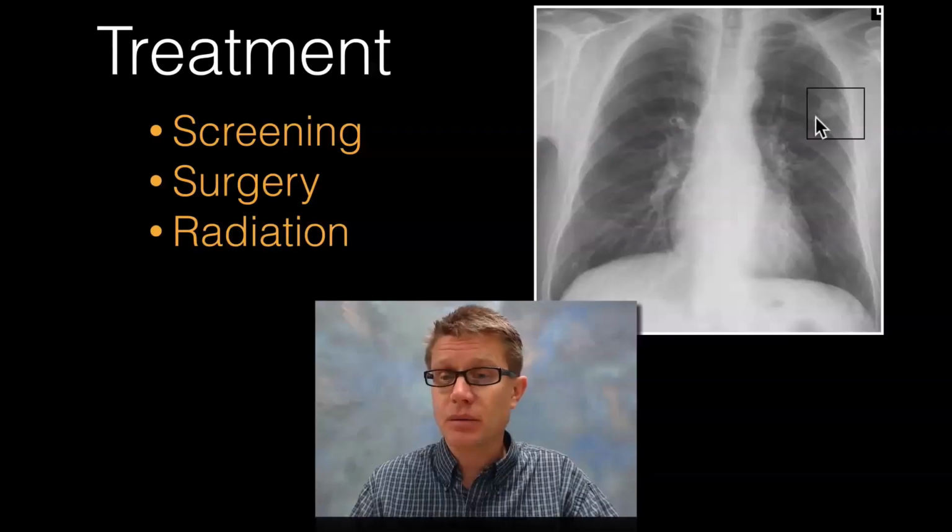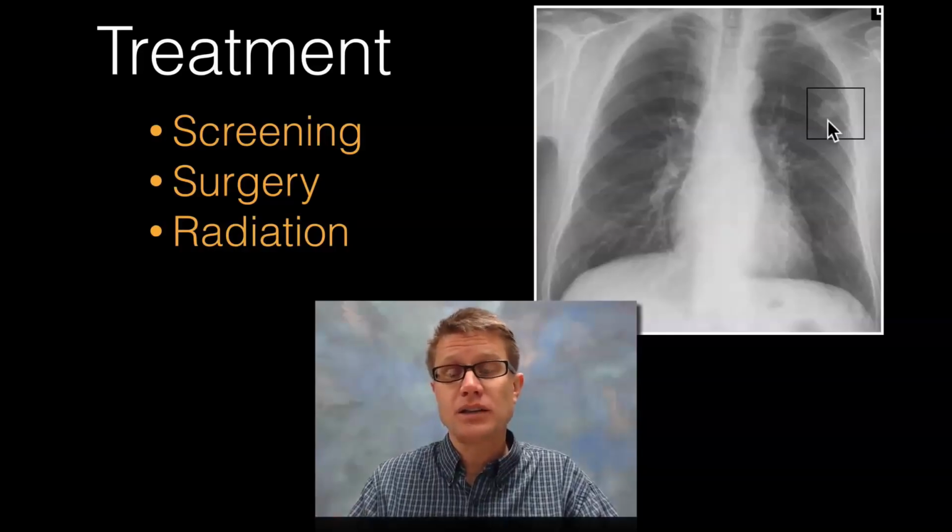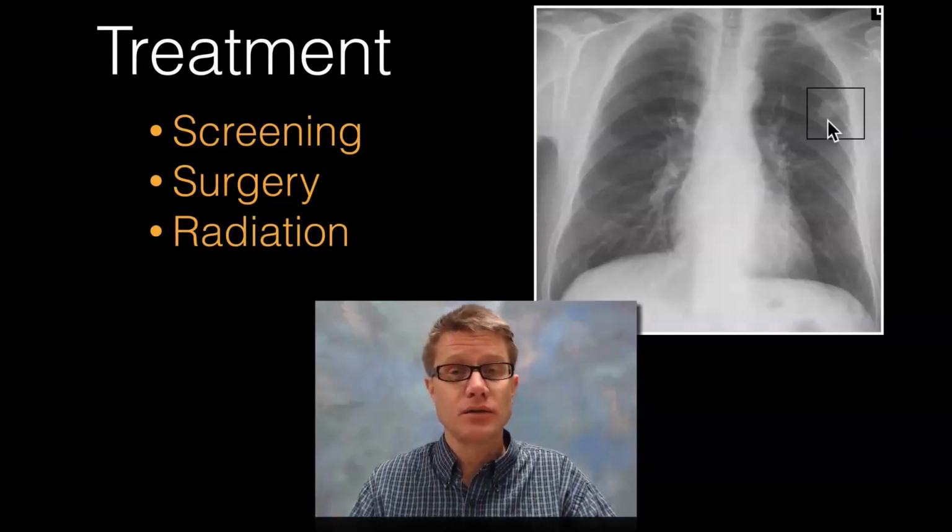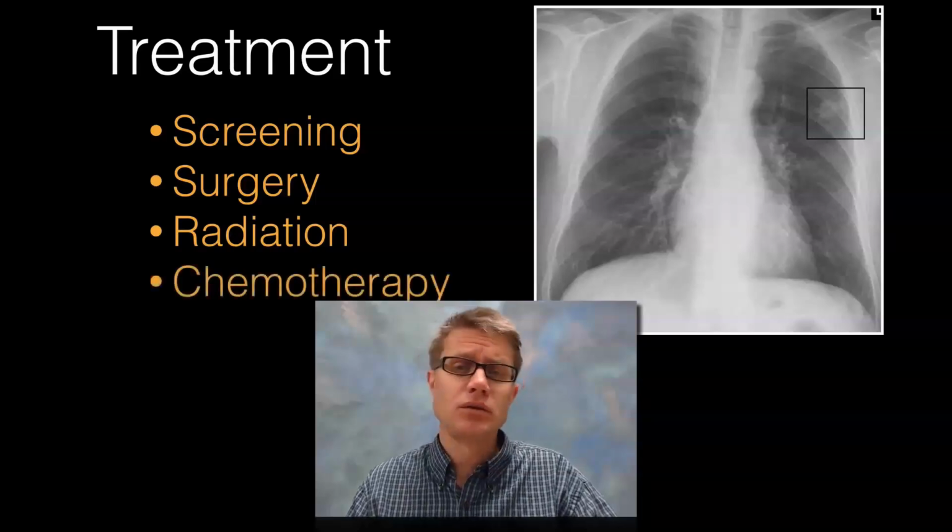In other words, we're not going to be able to remove all of those cells. There are going to be extraneous cells around it. And so we can target this with ionizing radiation and we can kill all those cells. Now, this has dangers as well, and so we try to restrict that to that one area, but it can cause damage to the cells around it. And then oftentimes we'll use chemotherapy.